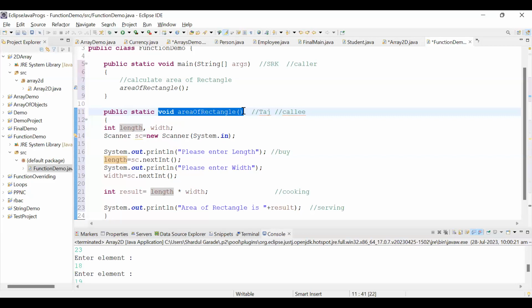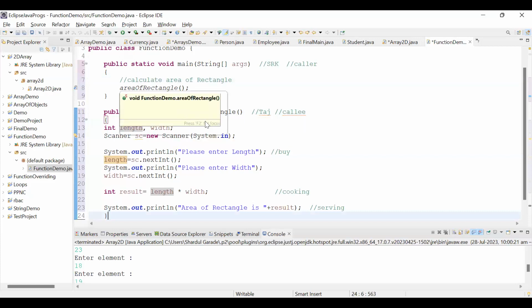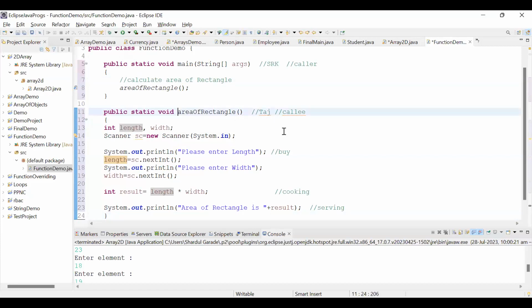Yes, sir. So now the main is relieved from all the processing part, and that has been transferred to the functions. These functions are helpers to main, and as the number of functionalities increases, the number of functions will increase. If you go to the era of 1980s, when the landline phone was there,